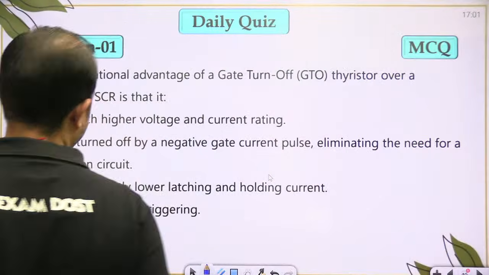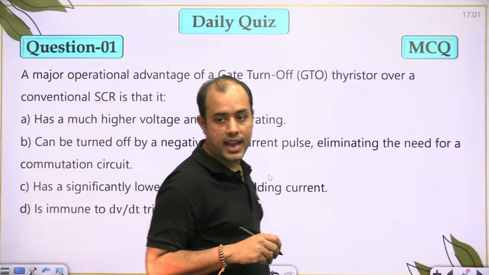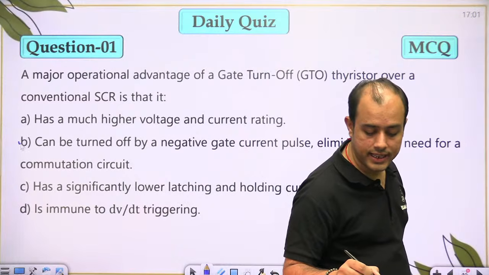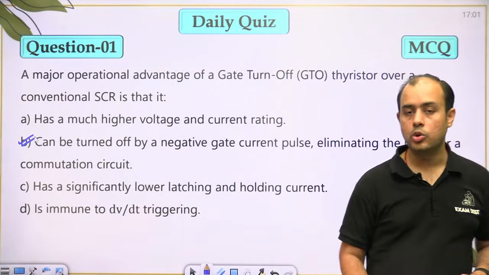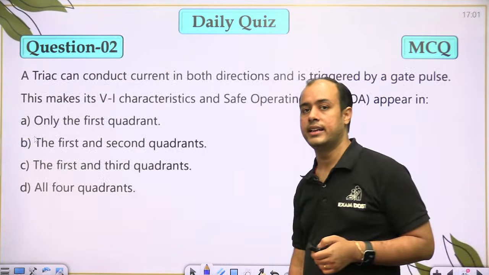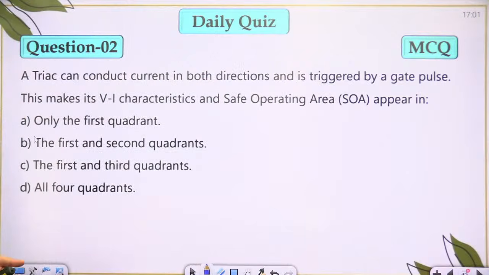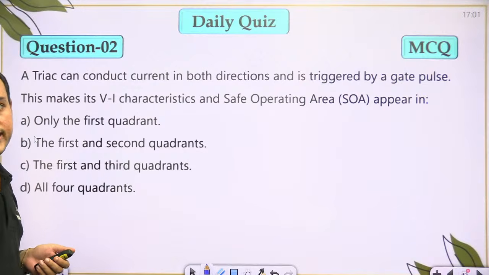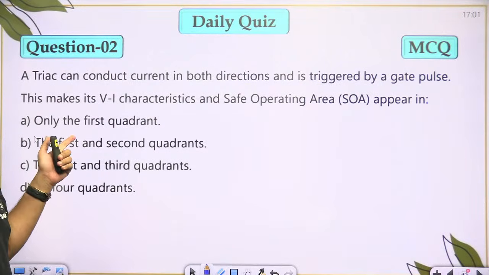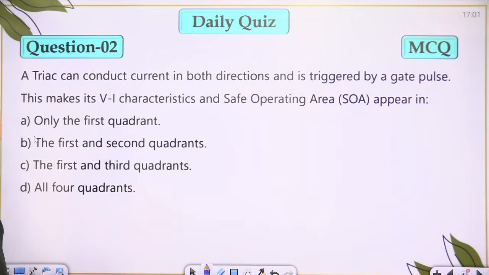What is the advantage, beta? It can be turned off by a negative gate pulse. We don't need a commutation circuit. A triac can conduct in both directions and is triggered by a gate pulse. So VI characteristic and SOA appear in